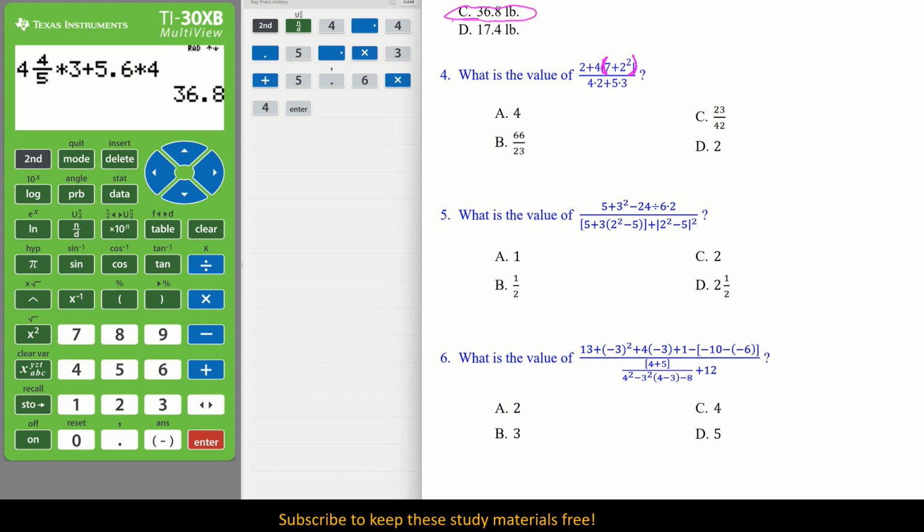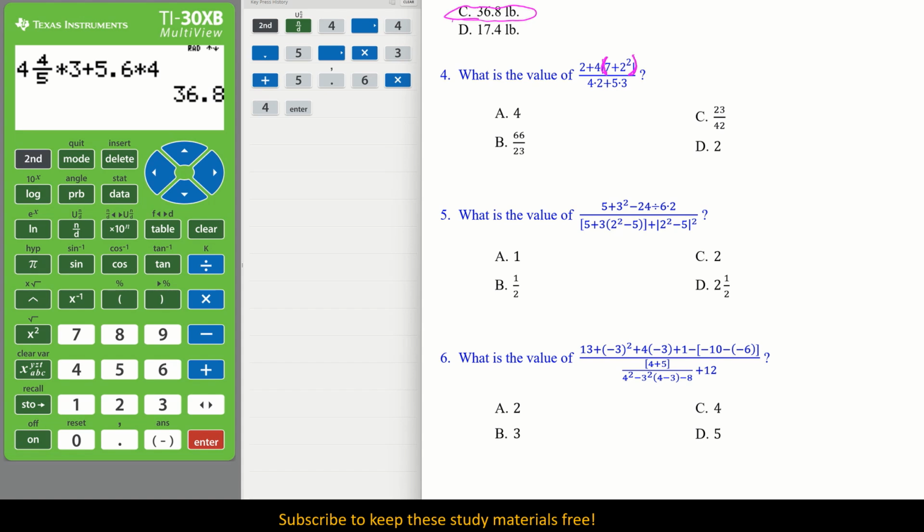If there were a negative embedded somewhere or a subtraction, then I would be wary. But because it's all positive, absolute value does nothing. It's all positive anyway. So let's just put that in our calculator, but with parentheses, because our calculator does not